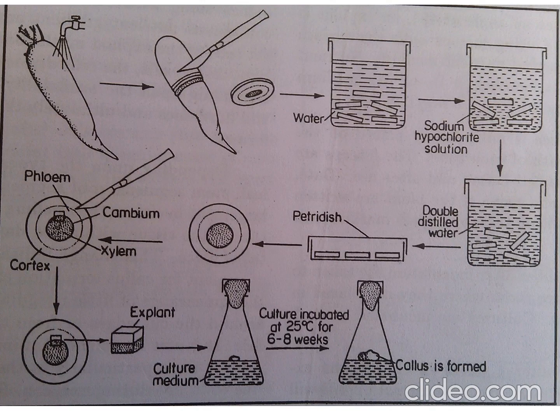Now R.J. Gautheret and P. Nobécourt, scientists, first performed the experiment of callus culture in carrot. For that we need a carrot. We have to cut the carrot into slices. These slices were added into water. We have to rinse it properly to remove all the dirt and soil attached to it. Then we need to treat it with sodium hypochlorite solution. Sodium hypochlorite is a germicidal, bactericidal solution.